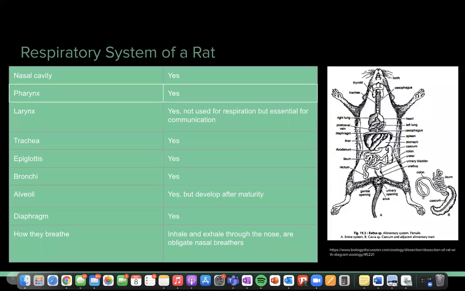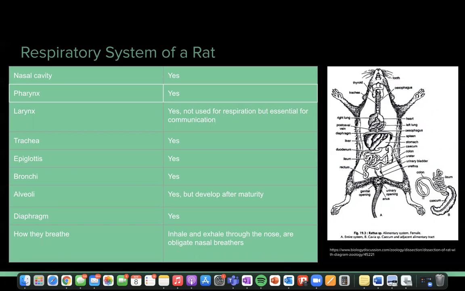As shown on the figure to the right, the respiratory system of rats does include nasal cavities, a pharynx, and a larynx, although they are not only used for respiration, but are essential for communication, such as through squeaking. They do include a trachea, epiglottis, bronchi, and alveoli, but they are not present at birth. They develop after maturity. They have a diaphragm, and they breathe by inhaling and exhaling through the nose, and they